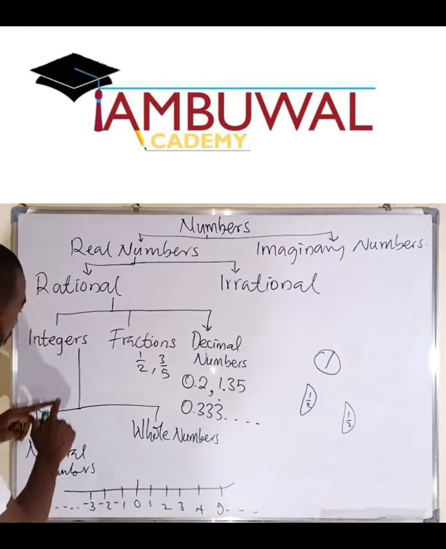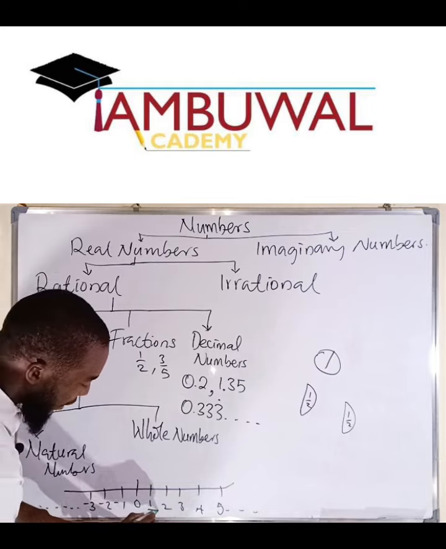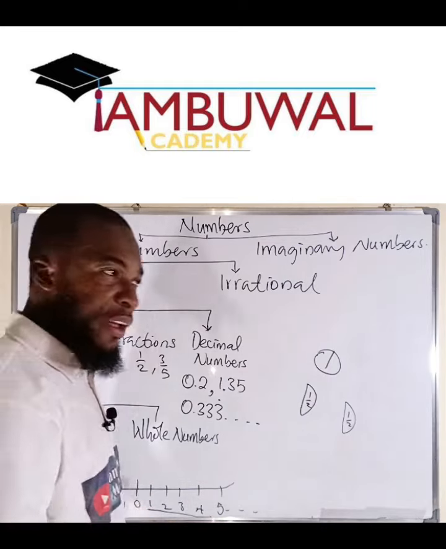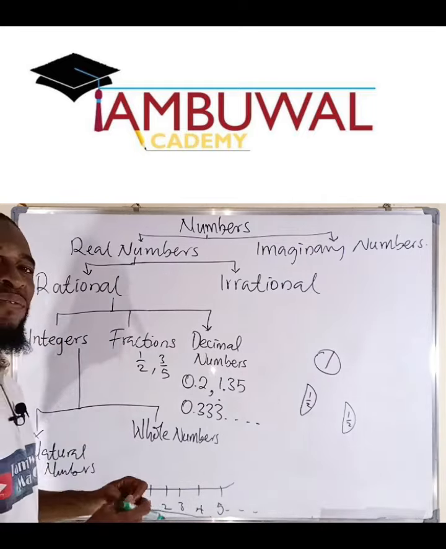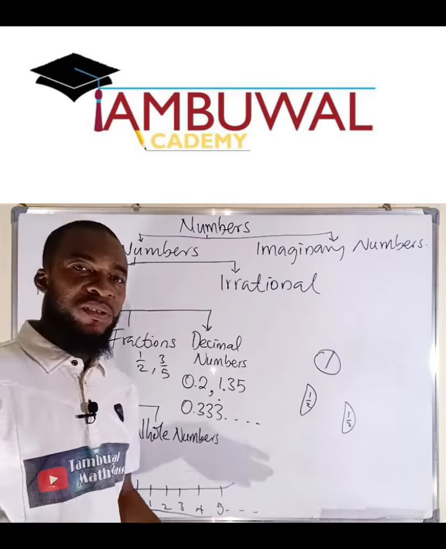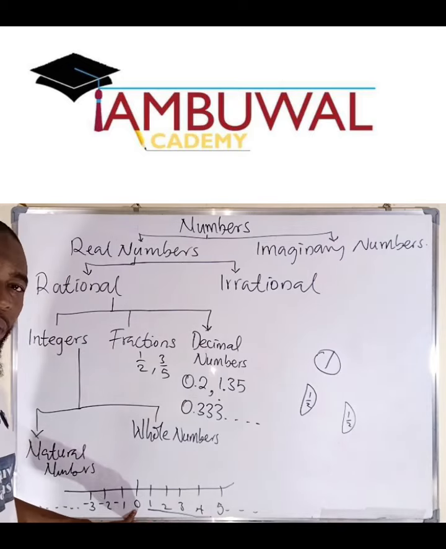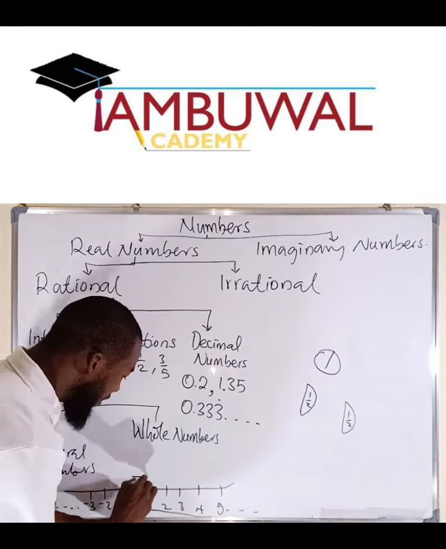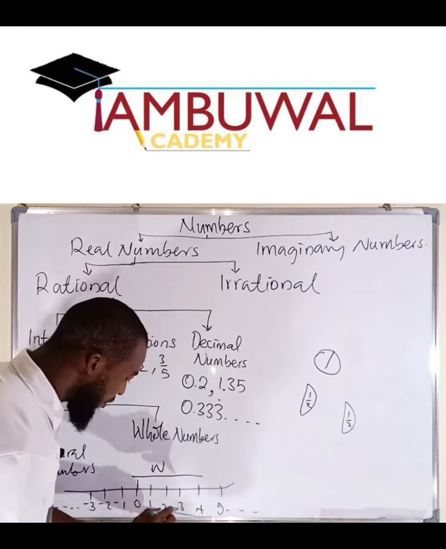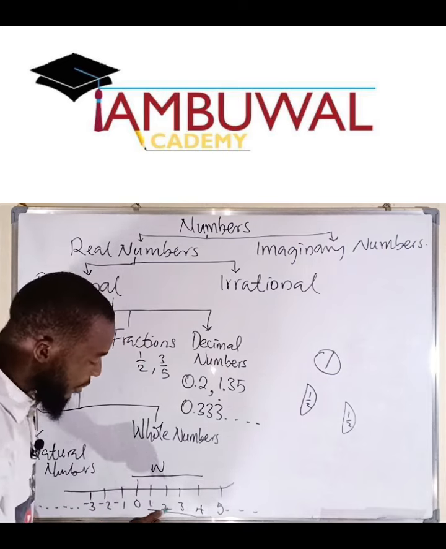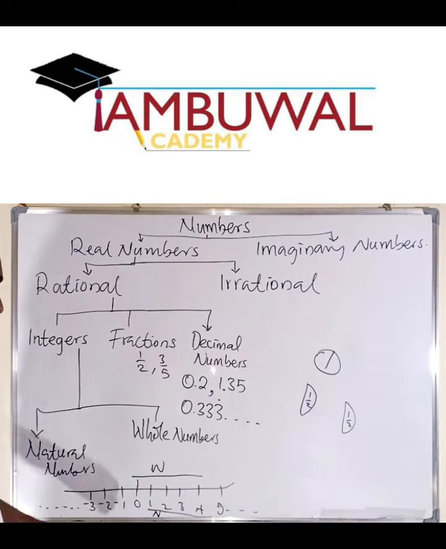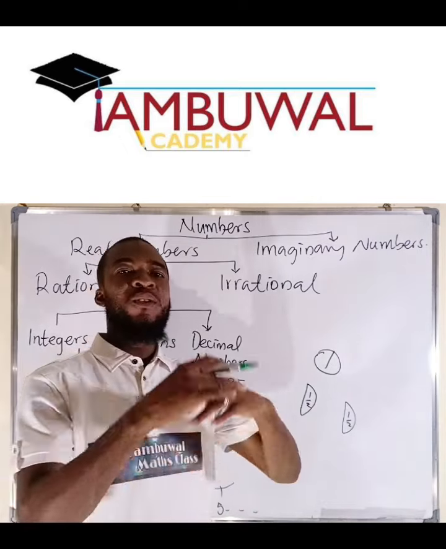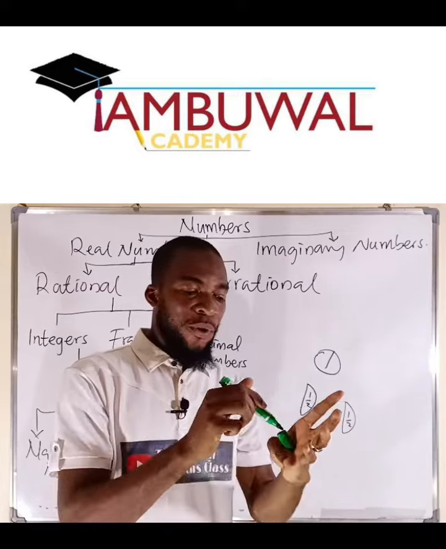So natural numbers are also integers from 1 forward, right? But what about whole numbers? The only difference between natural numbers and whole numbers is the 0 inclusiveness. So if you include 0, you are referring to whole numbers. But if you exclude it, you are referring to natural numbers. So whole numbers, sometimes we say they are the complete numbers. For example,